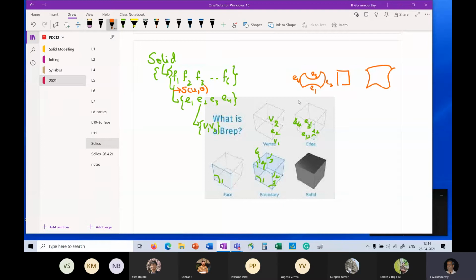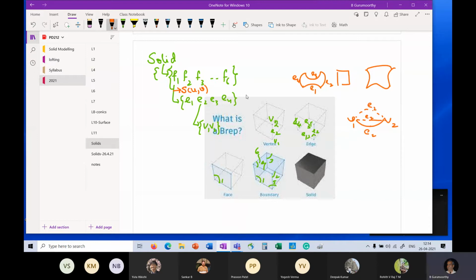Right? And as you can see, each edge in turn is between 2 vertices, but it can be a curve that looks like this. It can be a curve that looks like that. It can be a curve that looks like that. So V1, V2, but any one of these can be the edge E2. Right?